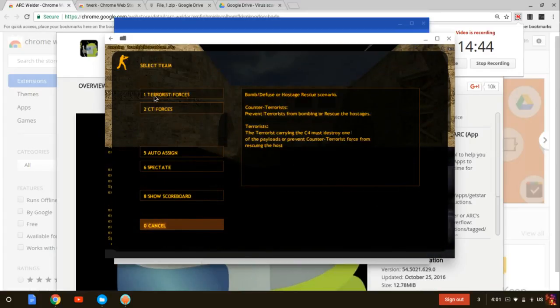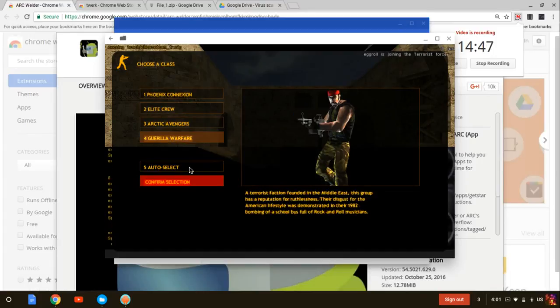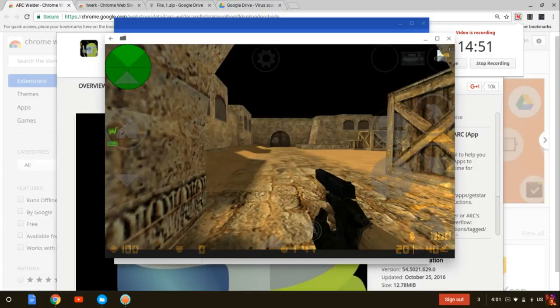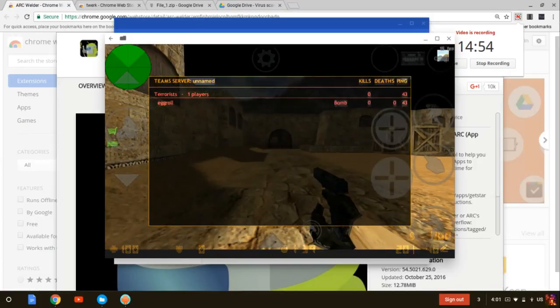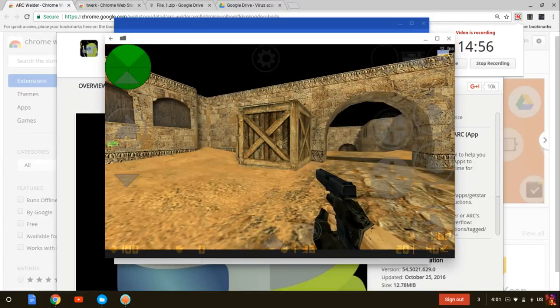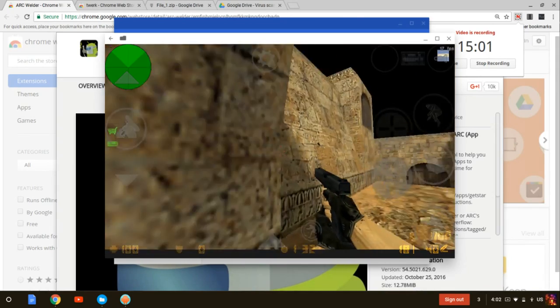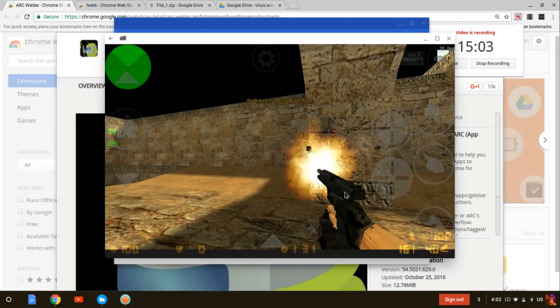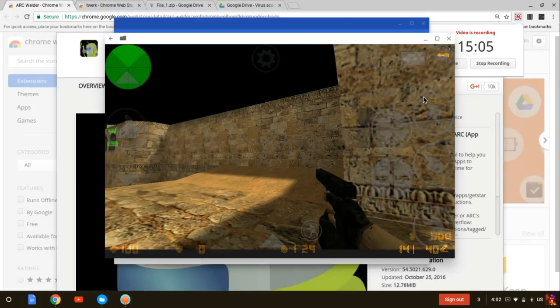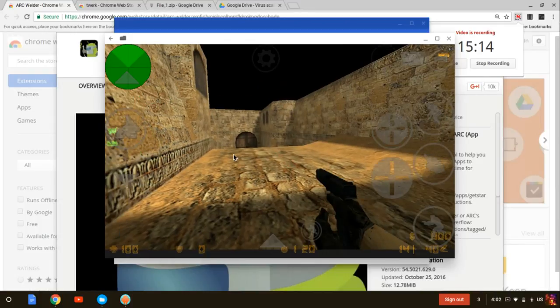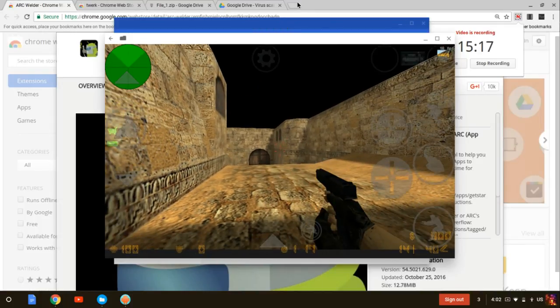Let's just be terrorist, guerrilla warfare, and here we are in the game. Press tab to pop up your menu, or players, whatever. You got O and P to shoot, A and D to turn right and left. Since you know the mouse, it does not follow. What you can do is either hold and drag. It's pretty slow, but a technique that I found is, if we go here,